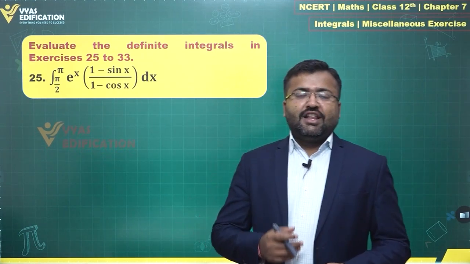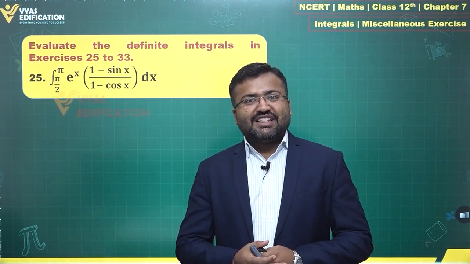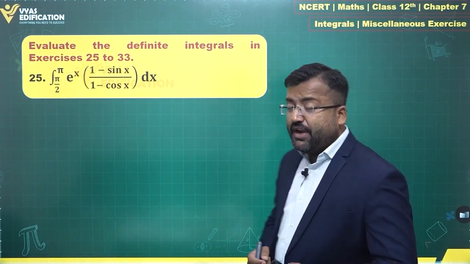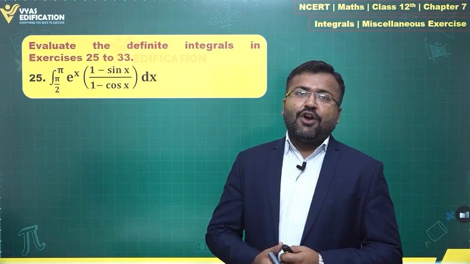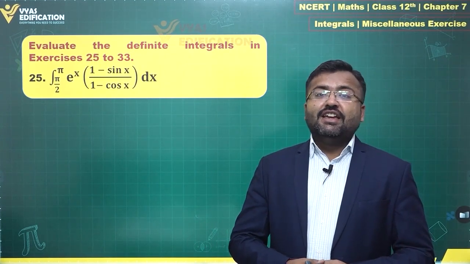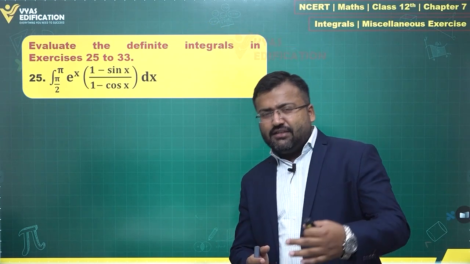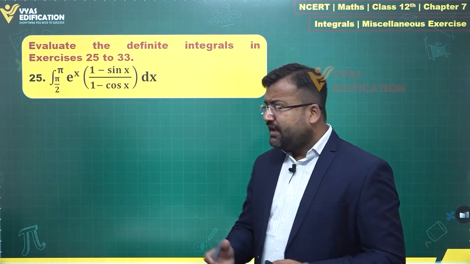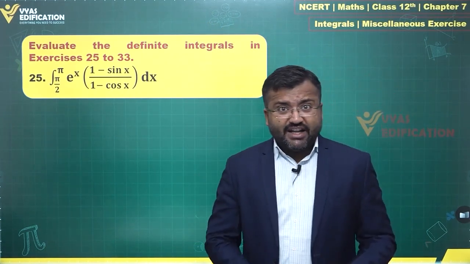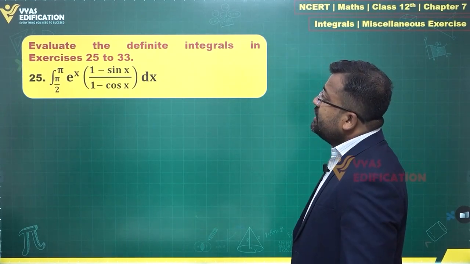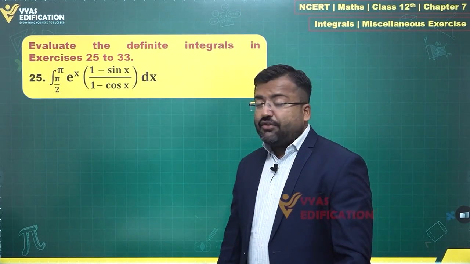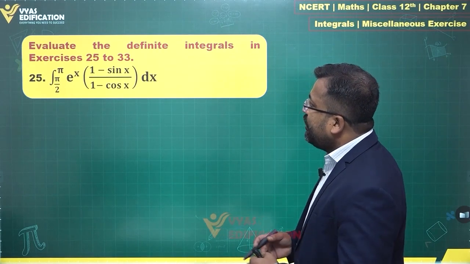Hello students, let's move on to the next question of the miscellaneous exercise. This is question number 25, and from here the definite integral part starts. In the miscellaneous exercise also they have divided it: the first 24 questions were based on indefinite integration, and the next few are based on definite integration, as we'll see over here. So the 25th question says you have to integrate from pi by 2 to pi